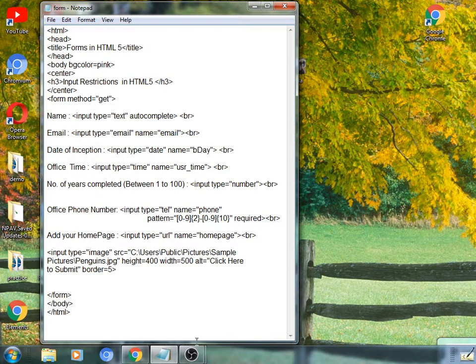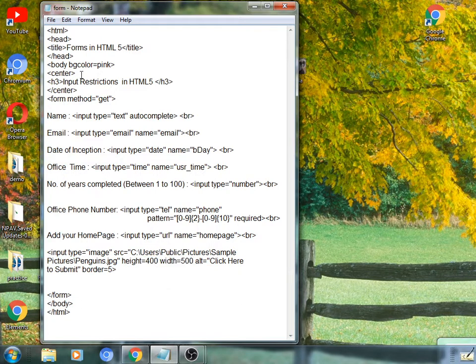Then after that we have used here the next element as an image box, again using input type equal to image. One more additional attribute I have given here, source equal to source, that is the SRC attribute, which specifies the actual path of the image to be displayed within such an image box, as well as height and width are given, meaning the dimensions of such an image, the size of such an image box to be decided.